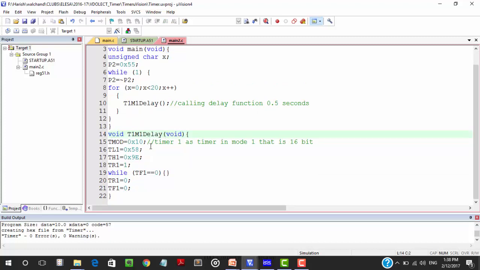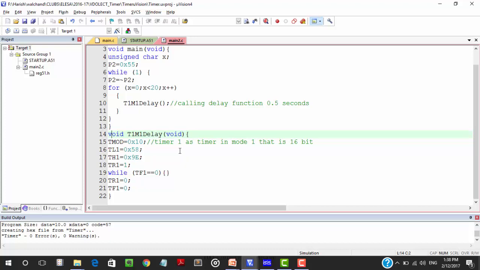Here I have done TMOD equals 0x10. Now if you remember, the upper 4 bits are for timer 1. If I write 0001 in binary for that upper nibble, we get timer 1 as a timer in mode 1, that is 16-bit.